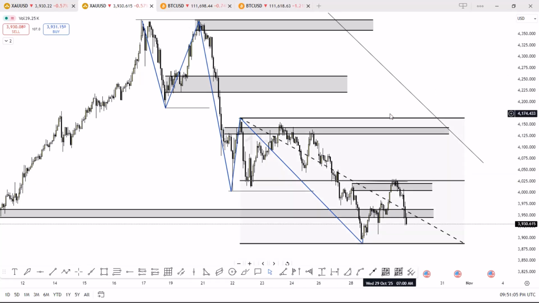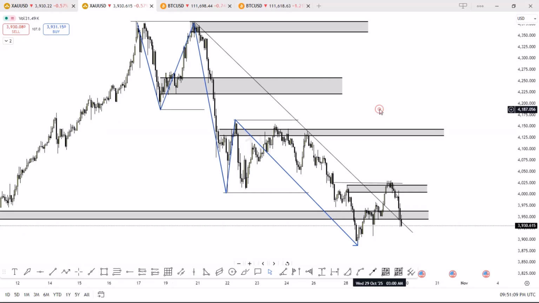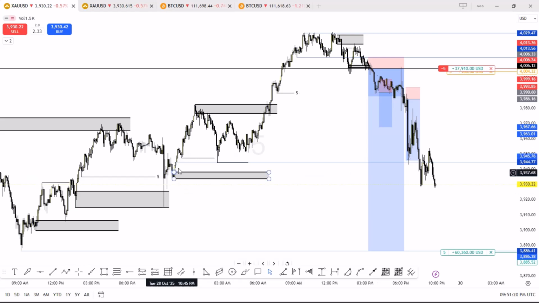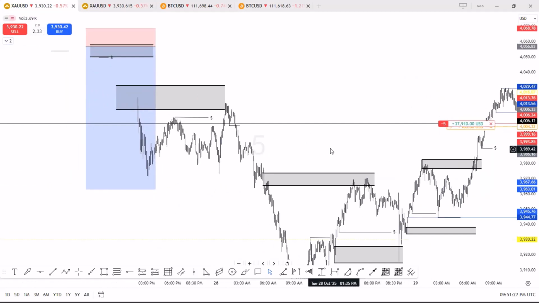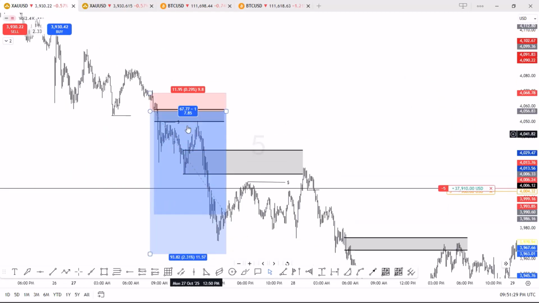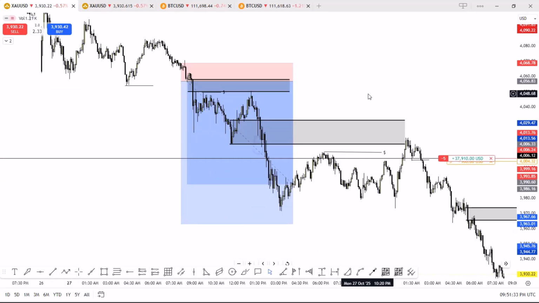Now I did put this trend line right here, because I was looking at a trend line break. Even though I wasn't going to trade it, if I was actually in the market very, very early above here, I would have caught a buy probably from this zone all the way up before I got this sell back down. But obviously, this whole week, I've only gotten one trade, which is this right here. That's the only trade that I executed. And this was also a very good trade.